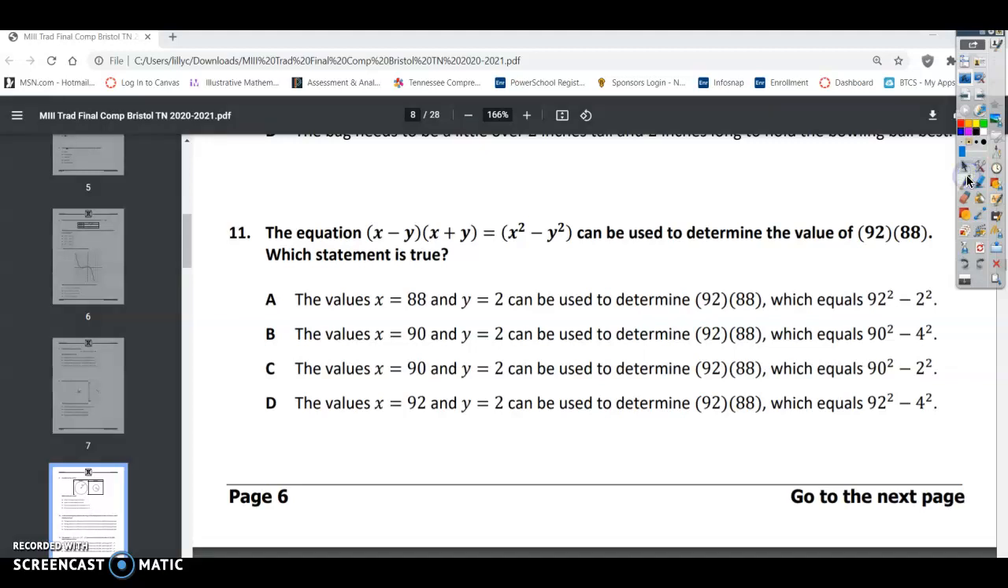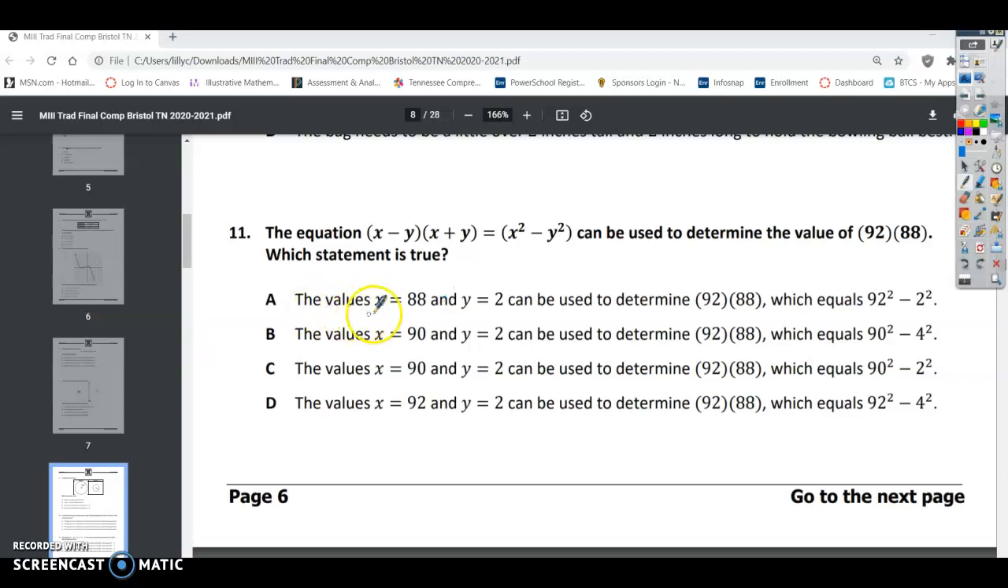Math 3, your final benchmark, question 11. The equation (x − y)(x + y) = x² − y². All right, that's your definition of difference of squares. This can be used to determine the value of 92 times 88. Which statement is true? All right, so if we look down through here and we look at what we're given,